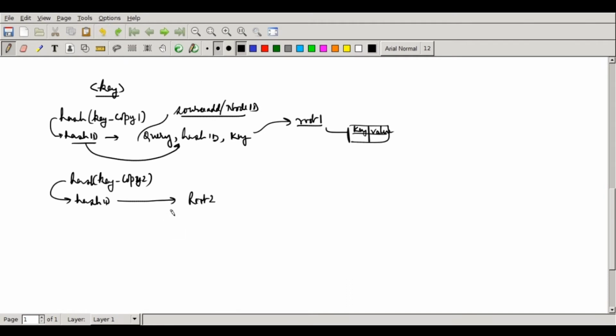Now I can use this to my advantage. If root 1 dies off, what is going to happen? In that case, if a node makes a query with copy 1, it goes to root 1, and the response comes that there is no key value pair with this key existing. It can then search by adding copy 2, and it will go to root 2, and from there it will find out the key value pair.